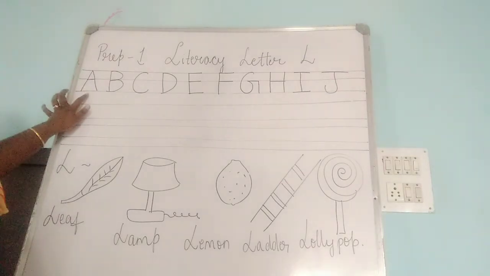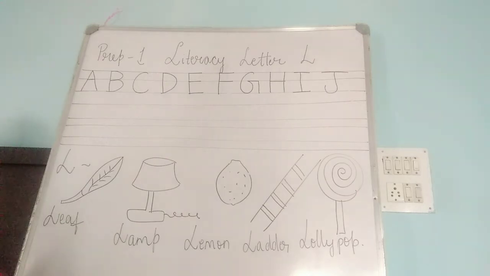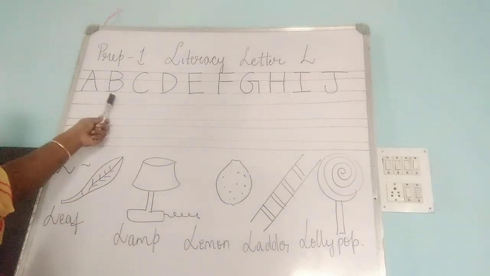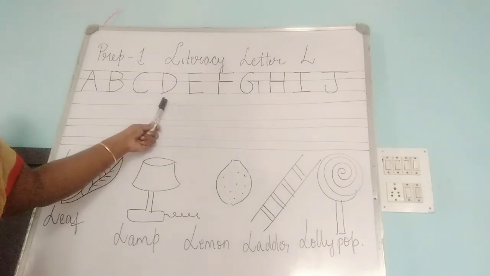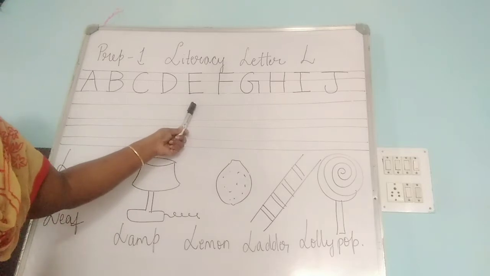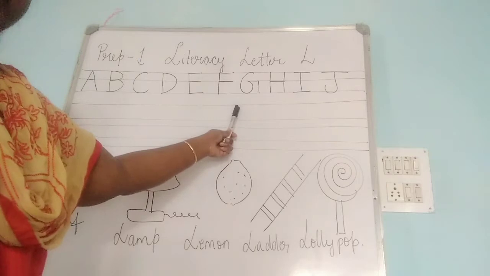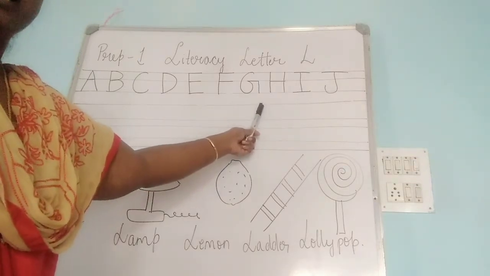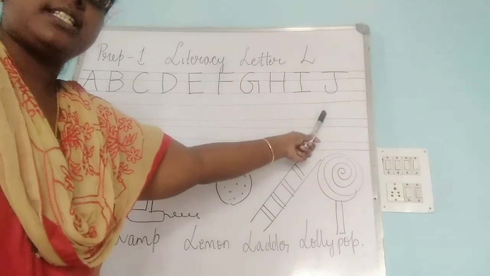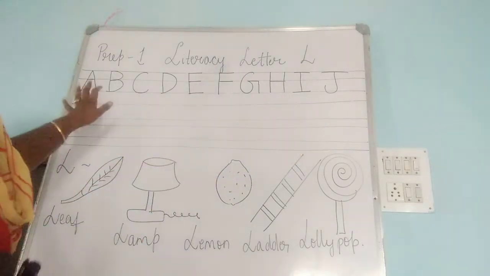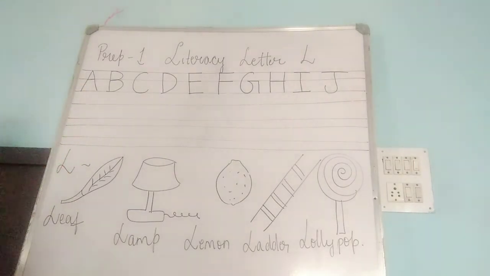A says A. B says B. C says K. D says D. E says A. F says F. G says G. H says H. I says E. J says J. So many letters were there for your term 2 exam. After this, you are going to learn